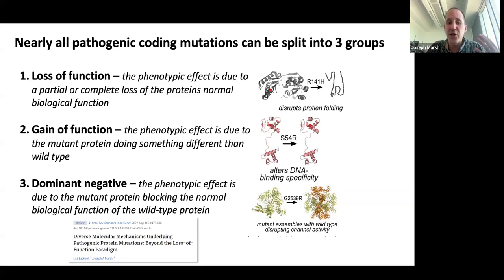And then finally, there's what we call dominant negative variants. So that's where the mutant protein essentially can block the activity of the wild type protein. Usually that happens when these proteins assemble into homomeric complexes together, where multiple proteins form a complex, and you can think of the mutant protein essentially poisoning the complex, because you get this mixture of the mutant with the unmutated wild type protein together. And for example, this often happens in channel proteins, where the mutant subunit gets in the channel and blocks the entire thing, even if there's just one mutant subunit in there.